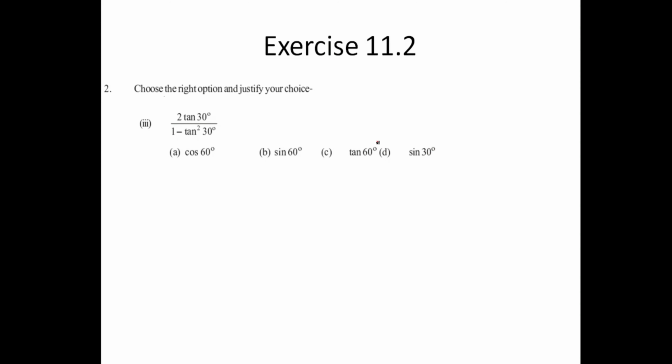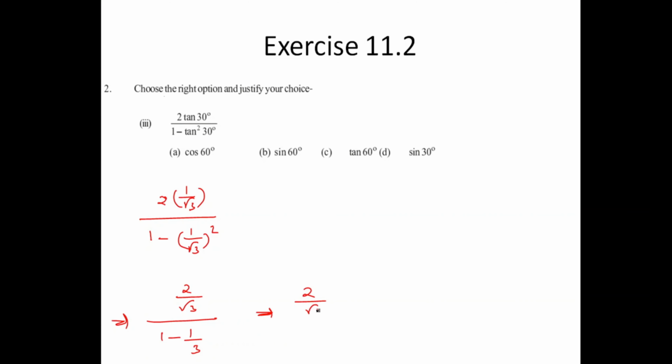Let's look at the third bit. So substituting over here again the values of the trigonometric ratios, that is 2 into tan 30 is 1 by root 3, by 1 minus tan 30 square, we are having 3 whole square. Now I'm putting the square inside, so that this becomes 1 minus 1 by 3. So in the next step, what is left out? 2 by 3. I'm shifting this 3 over here, we'll be getting 3 minus 1 by 3. So overall 2 by root 3 you are having this one.